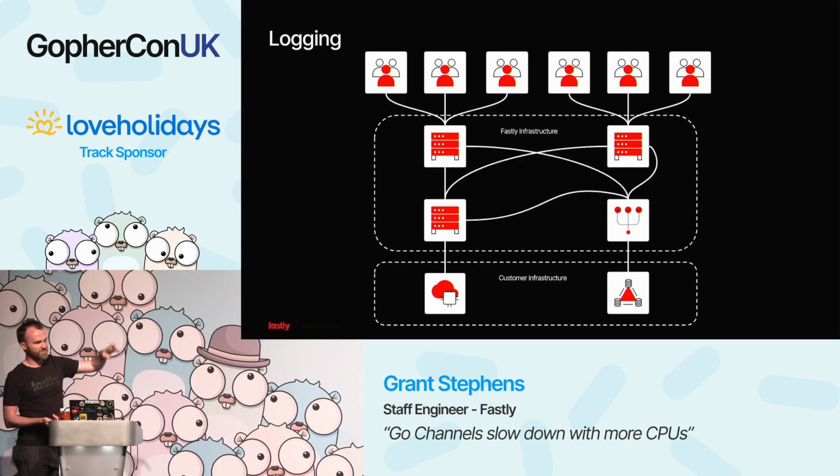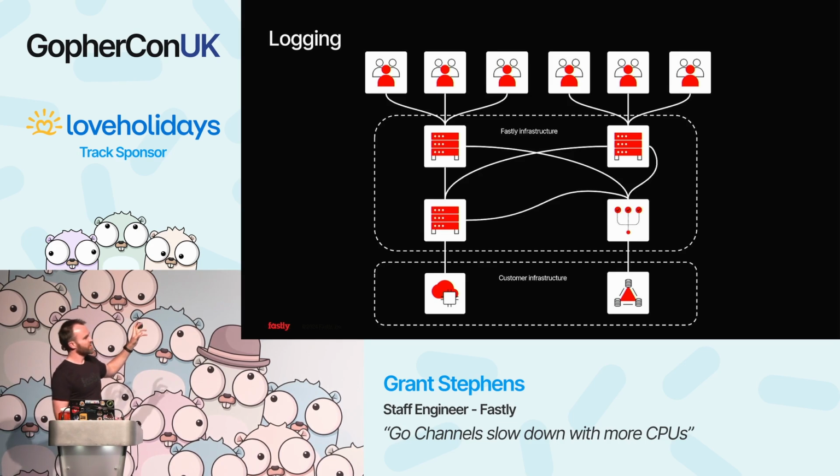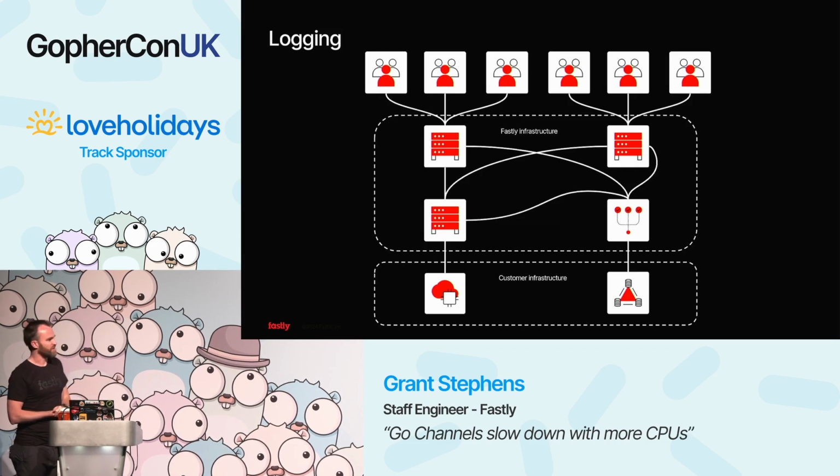So from all of these 5,000 different edge cache nodes, you can send a log, and we forward all those logs for you, and then you can put them into your infrastructure, be that Datadog or S3, or there's 20 different kinds of endpoints that you can define. And so all of these logs get aggregated together. In the case of S3, we'll bunch them all up and give you a zip file with some of your logs in them, and then forward those on to you.